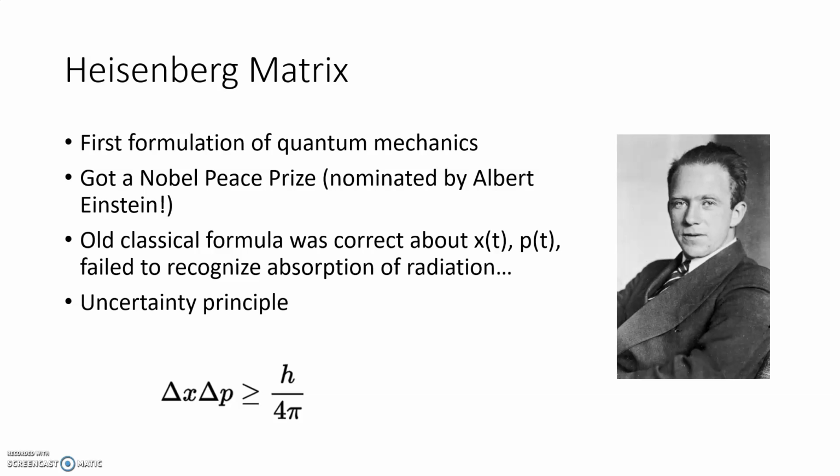old classical formula, which describes the position and momentum of a particle, was right for the most part. There's a reason it's classical: classical mechanics basically describes old physics, from before we knew about radiation and all that stuff. So it failed to recognize the absorption of radiation by particles. Electrons specifically, if they're moving around other electrons, absorb radiation from each other, and that's what led to